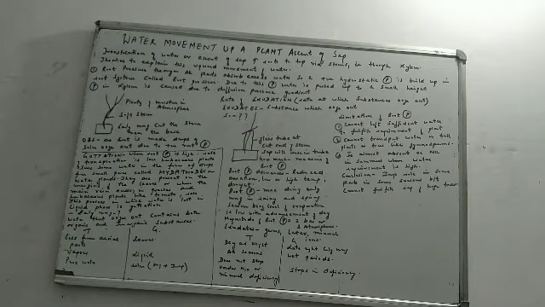To conclude, a very quick review, difference between transpiration and guttation. In transpiration, the water loss is from the aerial parts of the plant. Aerial parts. But in guttation, water is lost only from the leaves. In transpiration, the second point, water is lost in the form of vapors. But in guttation, water is lost in the form of liquid, that is drops. Third, in transpiration, water is lost as pure water. Okay? Water is lost as pure water. But in guttation, it is lost as a solution which contains organic and inorganic substances both.